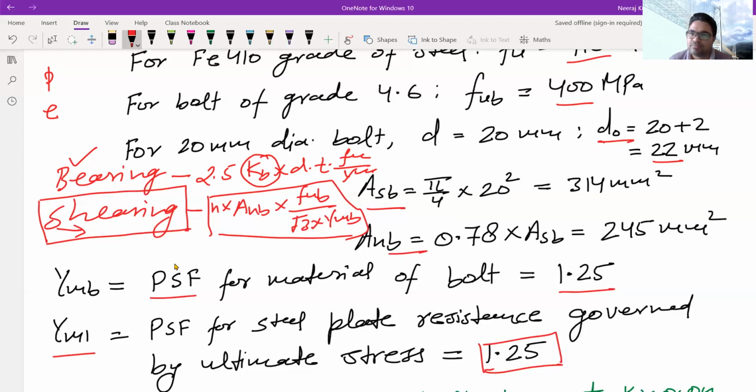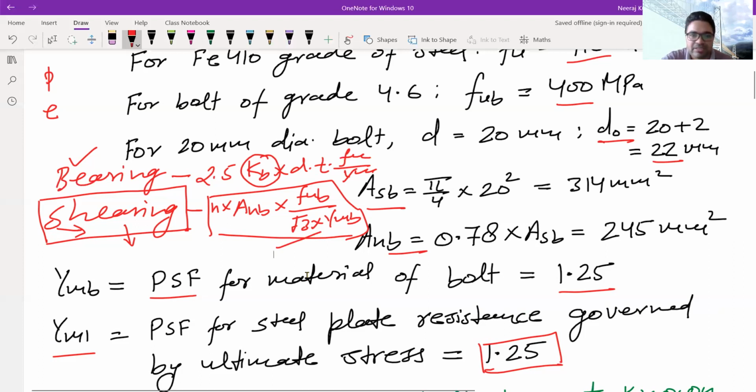So if we calculate the shearing strength, then we will assume that the shearing strength will be the least value compared to the bearing strength, and based on that we will calculate the strength, and we will take this strength as the strength of the bolt, and then we will calculate the number of bolts. And once we calculate the number of bolts, then we will find out the bearing strength and also try to find out the pitch by equating the shearing strength with the net tensile strength of the plate.